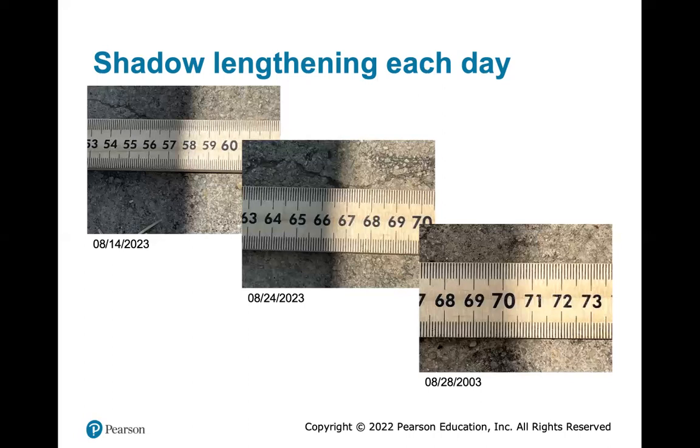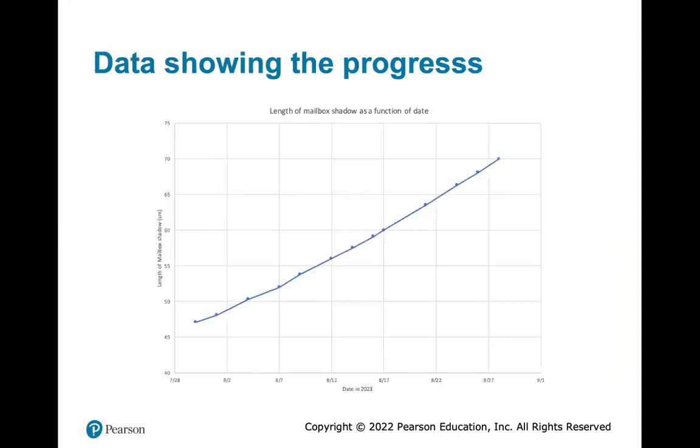Well, these photos don't show you anything. So you want to turn your observations into data. And here I plotted, you can see I've done more than just 3 dates. I can't always get it either. We're busy and I'm not able to be at my mailbox at